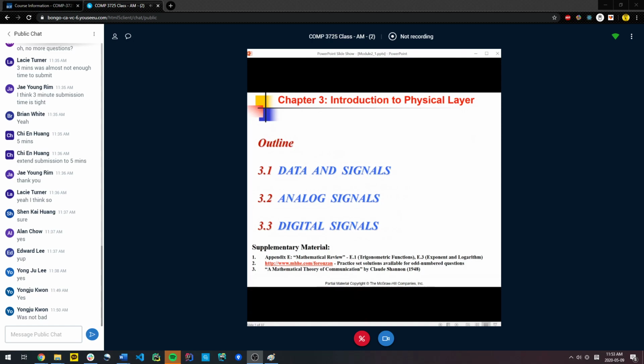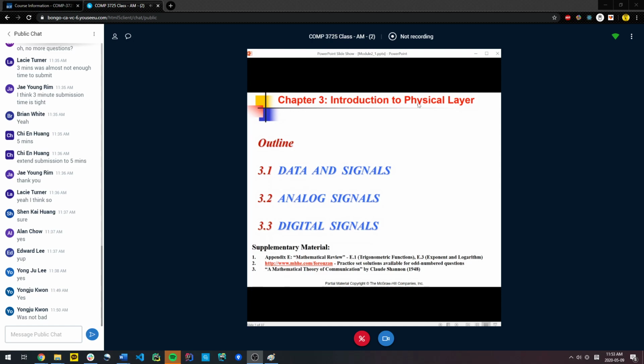If you feel that you're weak at trigs or sine waves, right, pull up your Math 10 or Math 11 book, and just review that. But there's also other materials that I want you to review. Okay, so we're going now into the core of the course. We're moving away from all the very high level concepts, qualitative and stuff like that. We're going to now start off with the physical layer. We'll spend about 2 to 3 weeks on it. Then we're going to move into the data link, the network, and then the transport.